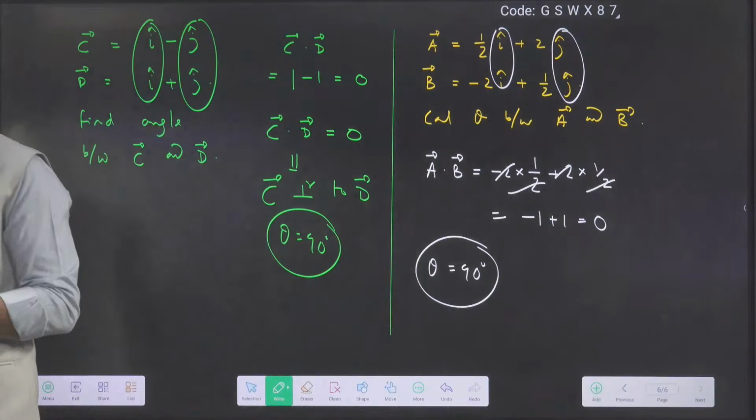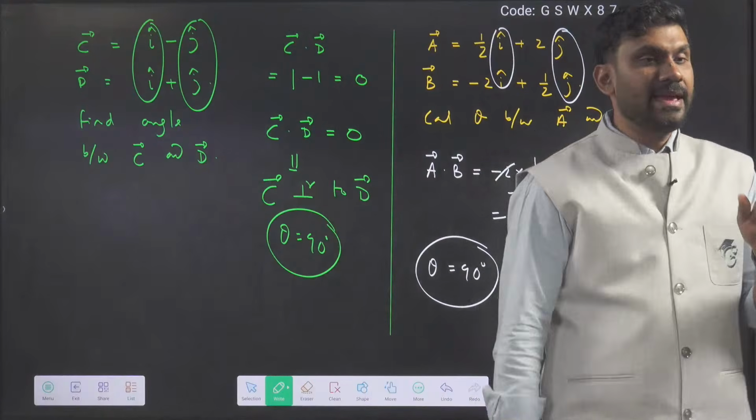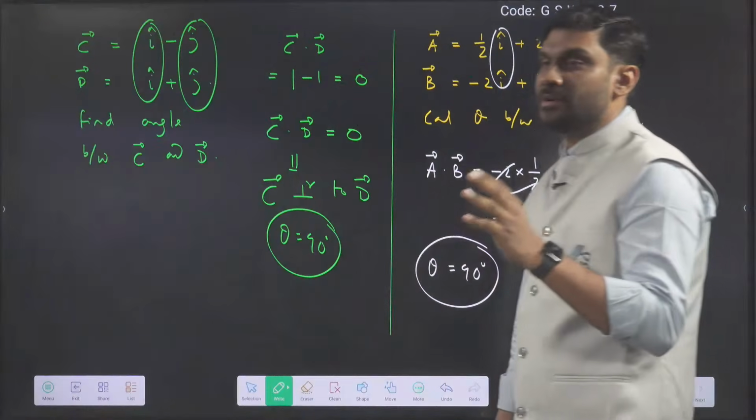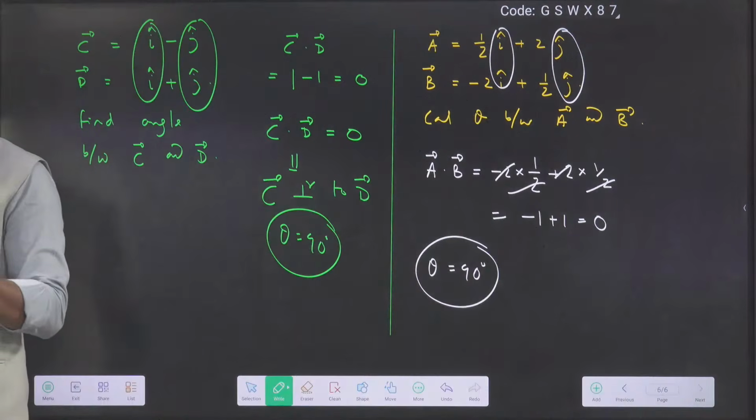Right? Okay. So here we are seeing what? If A dot B is equal to 0, then A is perpendicular to B. So the angle between the vectors is coming to be how much? It is coming to be 90 degree. Clear है? ओके